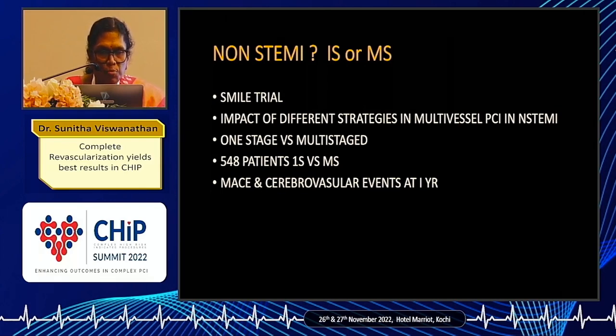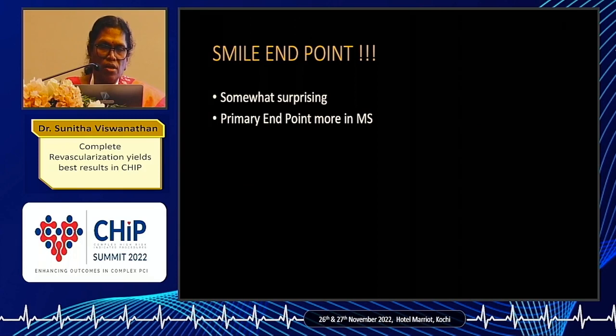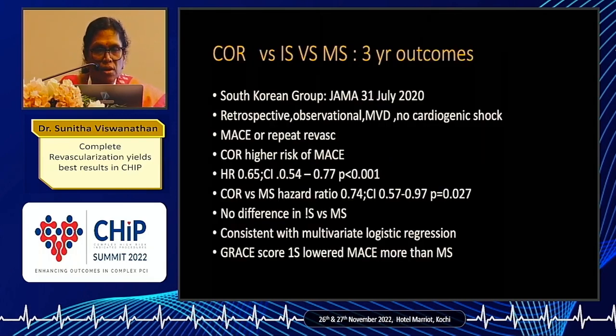And they looked at MACE and cerebrovascular events at 1 year. What is surprising was that the primary endpoint was more in the multi-staged procedure. So the multi-stage procedure had more MACE as well as even the cerebrovascular events. Now this is another study from the South Korean group,